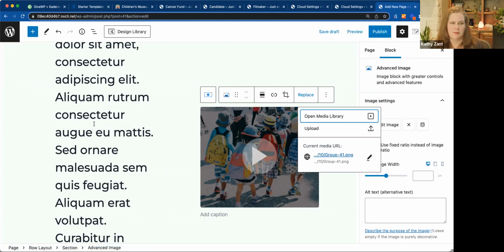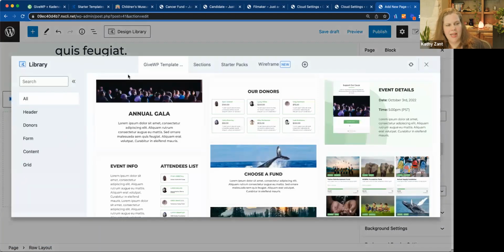It's not going to be referring back to the Give site. That's just there as sort of some design library templates that you can work with. Now, the other cool thing is you're not just locked into using the Give templates. There are some things that come with